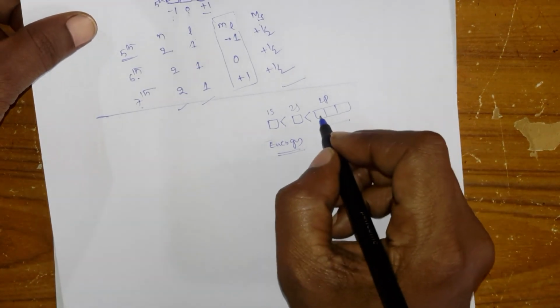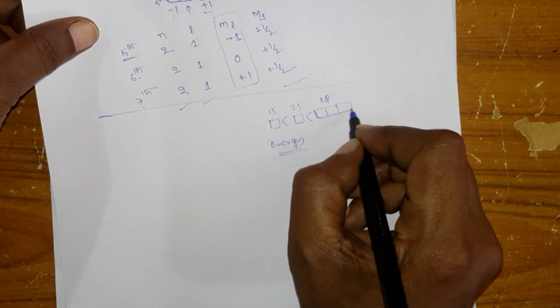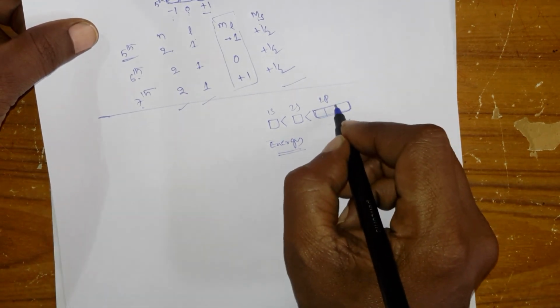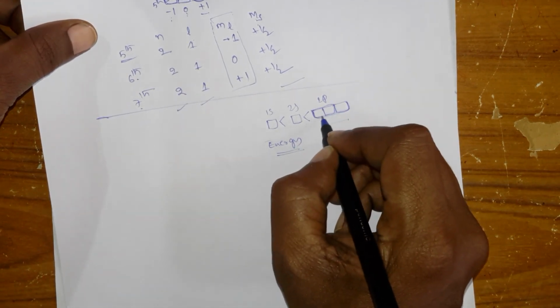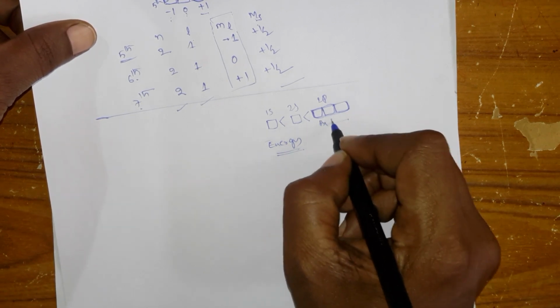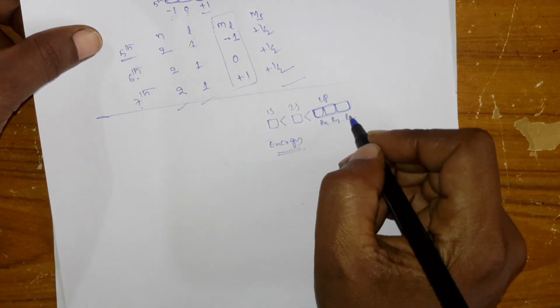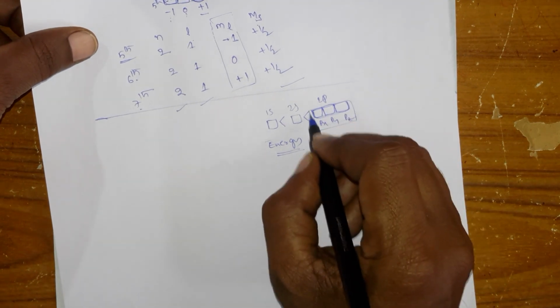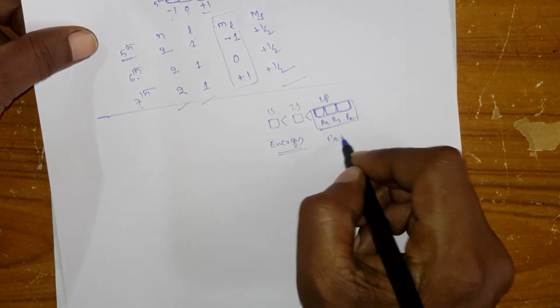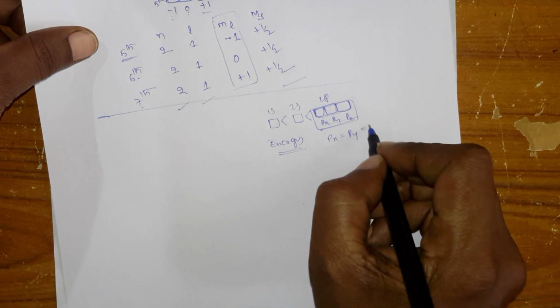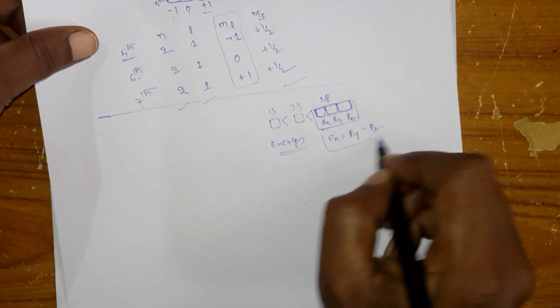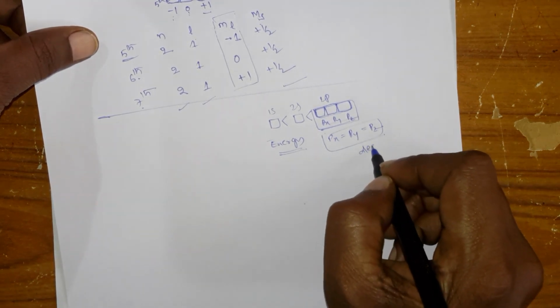But again here, this 2p has three orbitals: px, py, pz. These three have the same energy. Px energy is equal to py, that is equal to pz. So these three you can say are degenerate